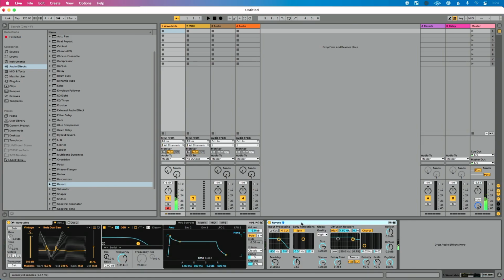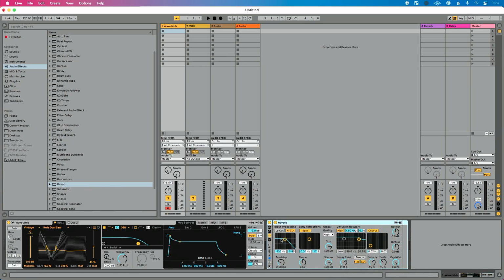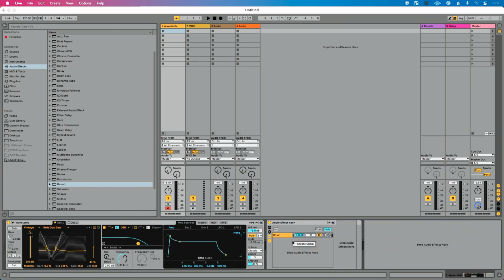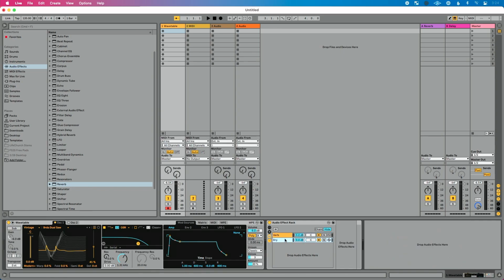Now we're going to go a step further. This has nothing to do with creating a rhythmic synth in Live, so tune me out if you want to. This is something I do often, but whenever I work with reverbs in Live, I tend to like to keep the dry wet at 100%, and then I right-click, I group this, and then I go to my chains here and I create a new chain. And I call this like a dry chain, okay? So that I have my affected signal, which would be my verb, then I have my dry signal here. And these are both running at the same time. So now if I play this,